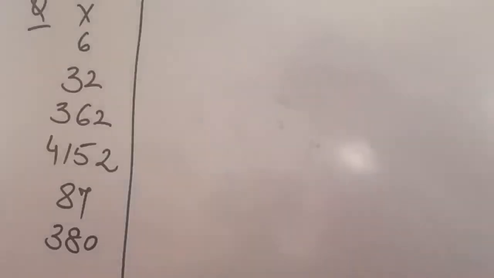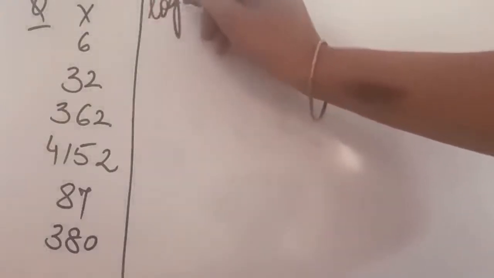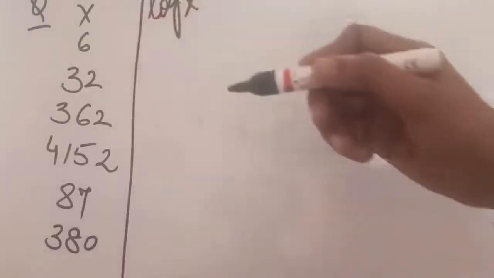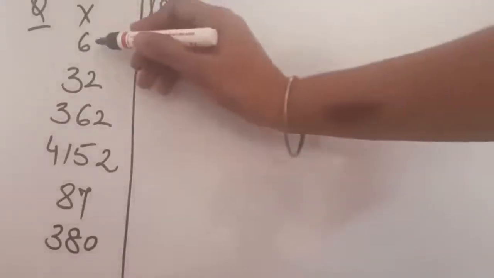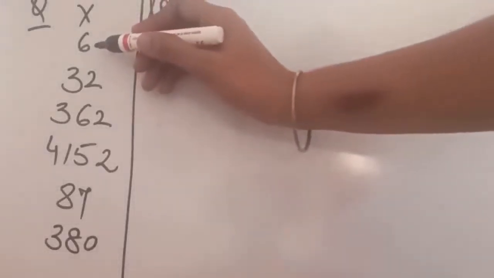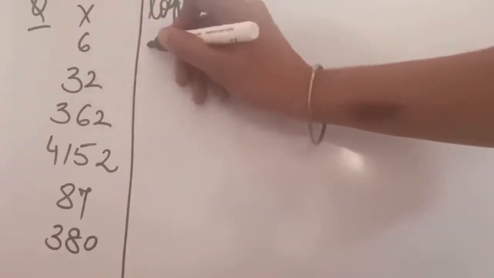Now if this is the individual series given to you, the first step will be calculation of log x. So how is log taken? We have to see the log values from the log table. The first table at the back of your books is the log table, and the log table starts with 2 digits. So we have to take 2 digits into consideration. But before that, we will see how many digits are there. There is only 1 digit. So 1 minus 1, that is 0.